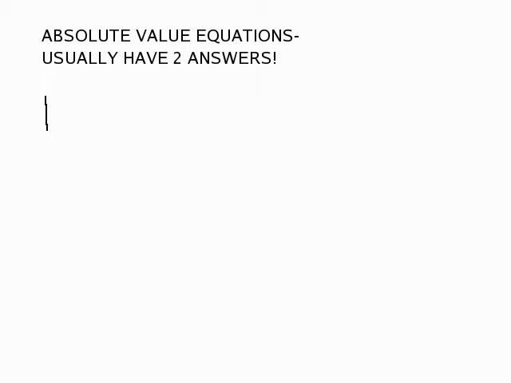If we're solving an equation with absolute values, let's say the absolute value of x equals 7. There are really 2 numbers on the number line that would be 7 from 0. That would be positive 7, or the answer could be -7, which would satisfy those requirements. So usually an absolute value equation has 2 answers.